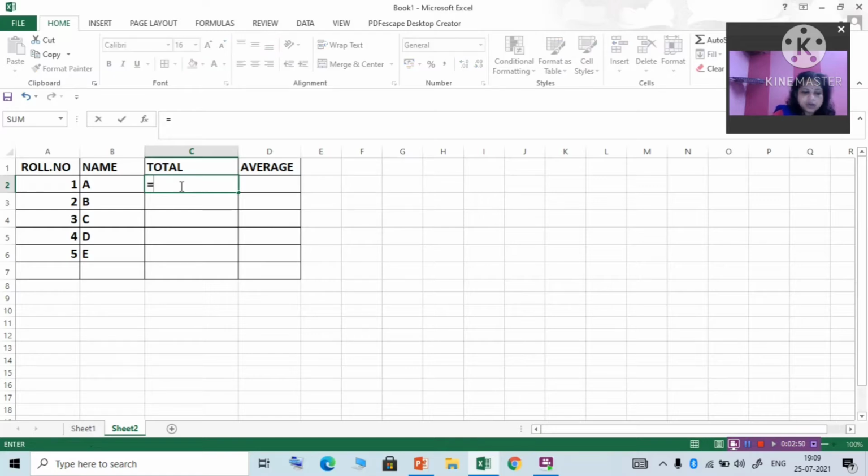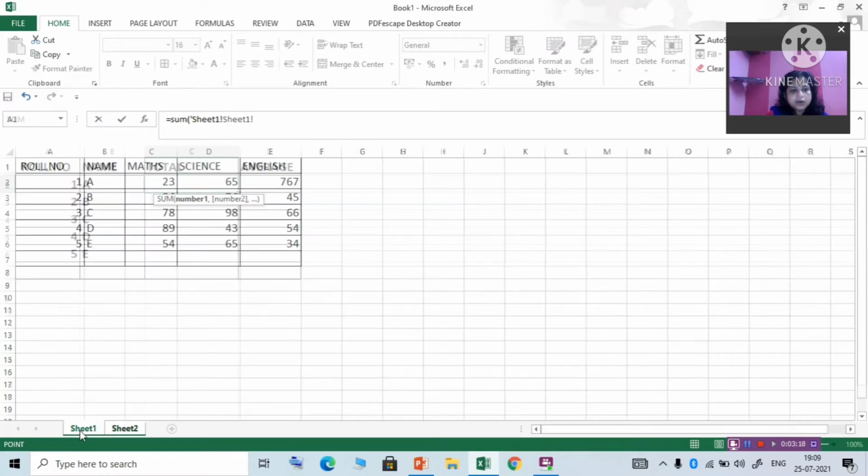Equals, give SUM. I want to make it total. Okay, so go to Sheet 1. Write here Sheet 1, because the data will be brought from Sheet 1. So Sheet 1, then you give an exclamation symbol. Then you go to Sheet 1 and see where your data is stored. C2 to E2. Okay, C2 to E2. So you go here and